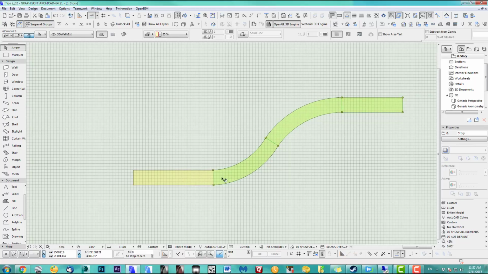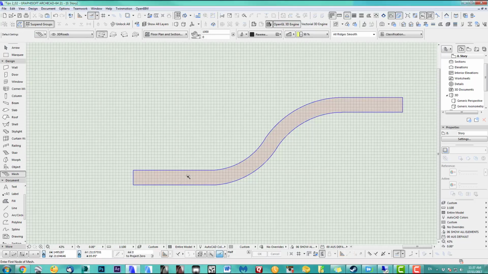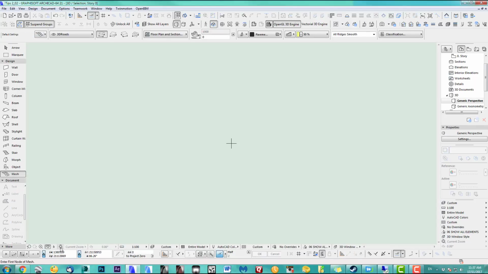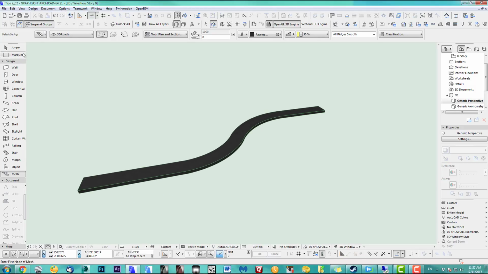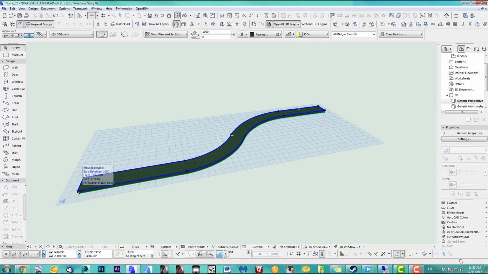So just take the fills and delete them. If I now use the mesh, space click, voila, easy. That's our road shape, nicely 5 meters wide. Okay, so the next bit I'd like to show you is that this is on 0 level at the moment,